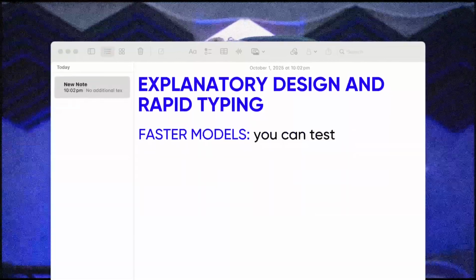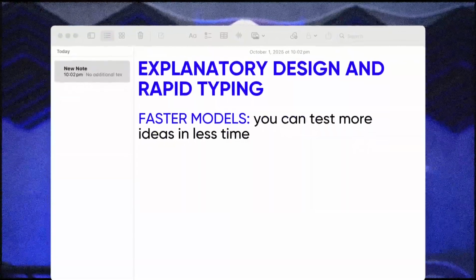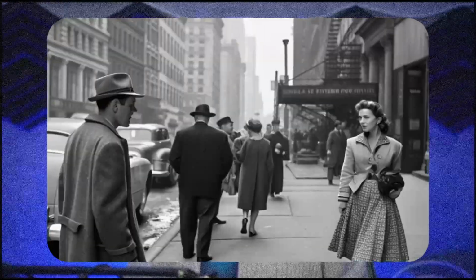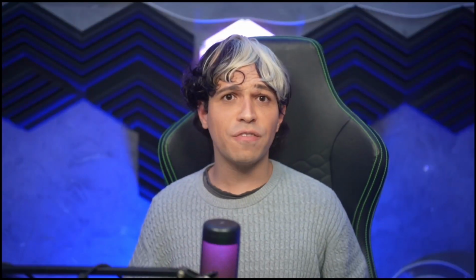Now, why does it matter? If you're doing exploratory design or rapid prototyping, faster models mean you can test more ideas in less time. Let's say you're designing a poster and you want 10 different styles of the same concept. With a sub-second model, you could have all 10 in less than a minute. With a slower model, that could stretch into half an hour or more, and just thinking about it makes me